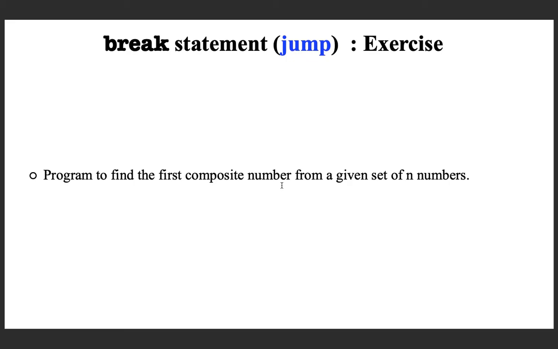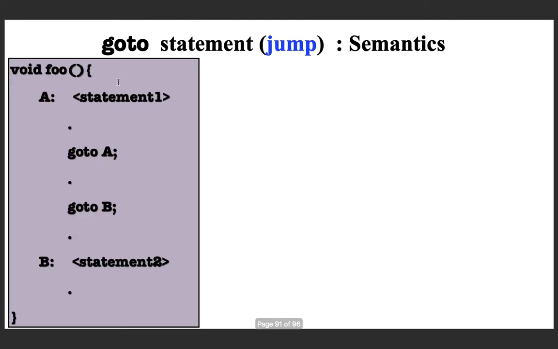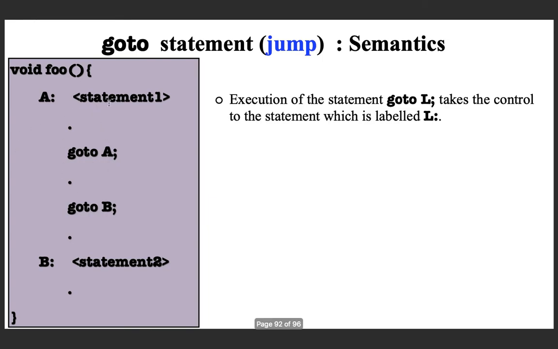And proceeding to the last control statement that we are discussing in this lecture, which is goto. Again, jump category. And here I am directly giving you the semantics. Let us not worry about that. I will explain. Execution of goto: it's like goto followed by a label. You can decide what this label is. Any label you can use. Then there must be a statement whose label is A. And what happens is goto will take the control to the statement whose label is A.